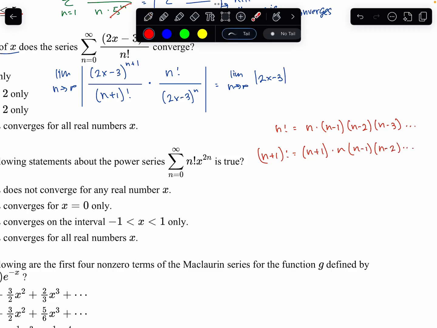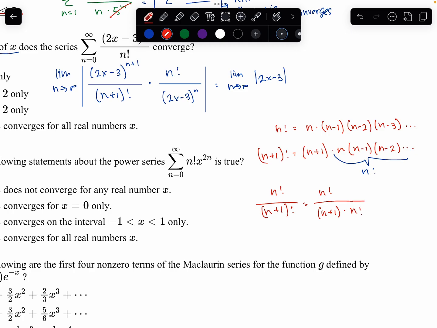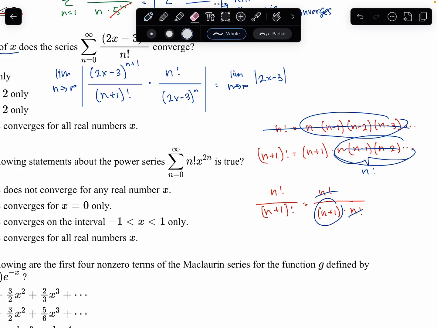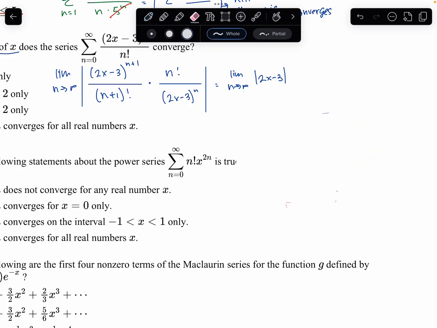So, here's the thing. This portion that we have right here is n factorial. So if I have n factorial over (n plus 1) factorial, that's equal to n factorial over (n plus 1) times n factorial. Well, that's nice because then those would actually cancel. All these factors would cancel with everything from there, leaving me with only n plus 1 in my denominator. So keep that in mind. That's a common simplification